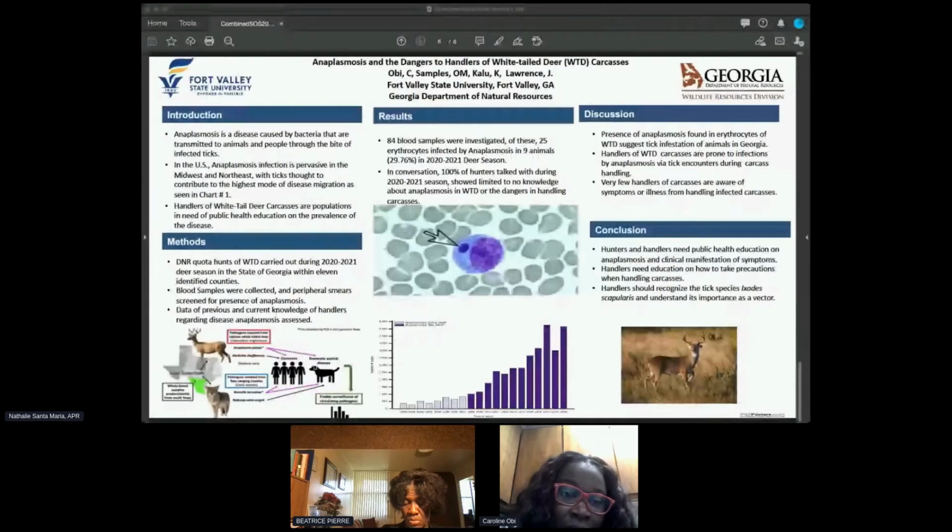This is important to us because a lot of wildlife hunters have, in the research conducted, shown limited to no information on the dangers caused by infected ticks and infected wild-tailed deer that could be possible hosts for transmission of the disease. Statistically, in the U.S., the disease began to emerge from the northern part of the United States, and I'm